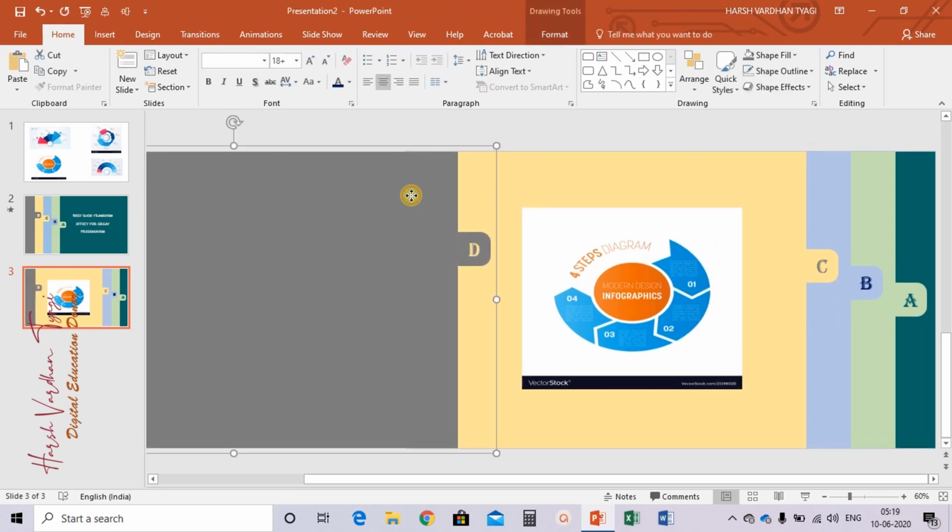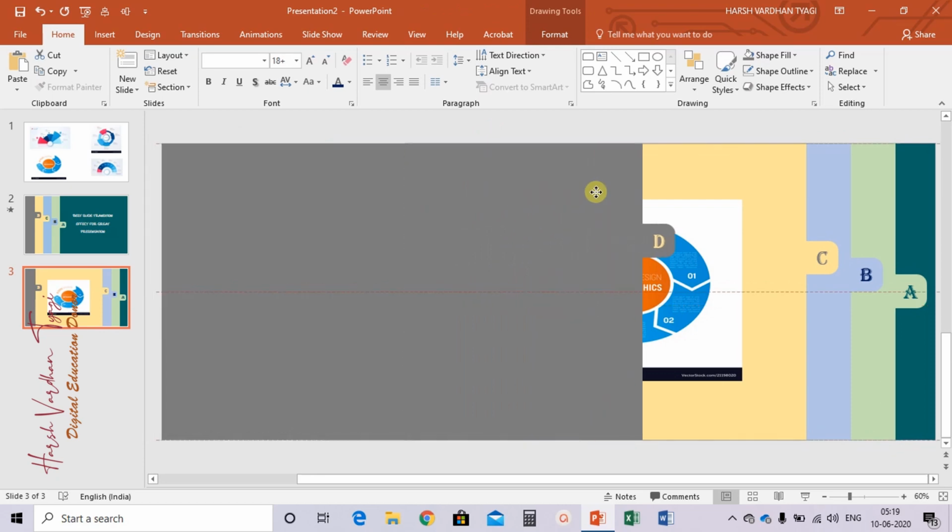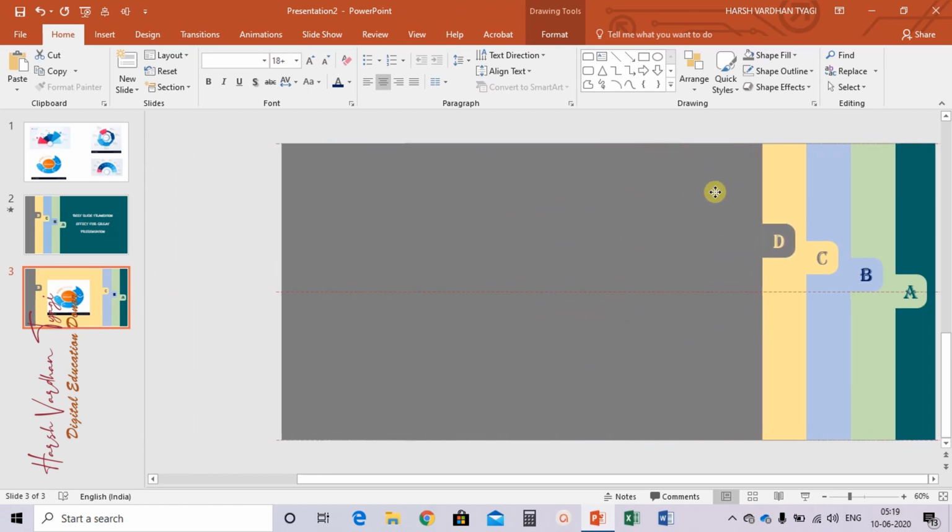Now the last, select this, drag it to the right side, move very finely, very equally, this much.